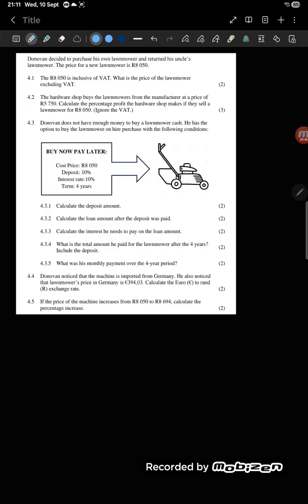Okay, there are many different ways of explaining VAT. VAT is just 15% interest that the government puts onto different products. Okay, but it's 15% of the whole, or 0.15 of the whole amount. So if I take something like 5,000 Rand